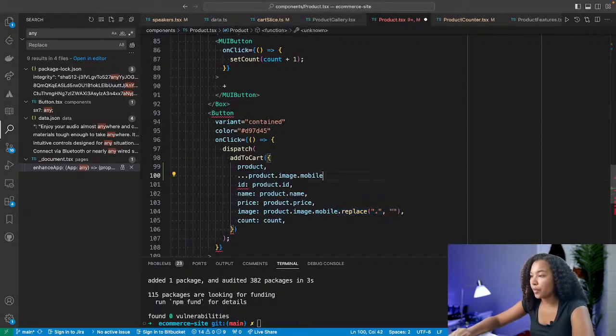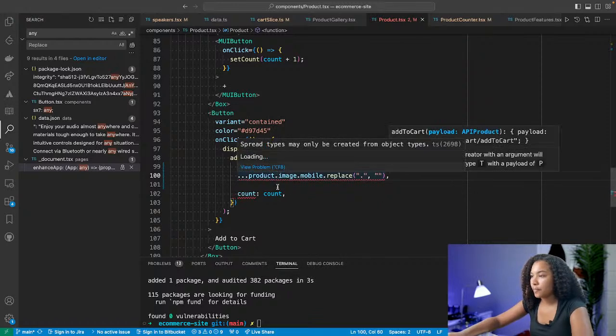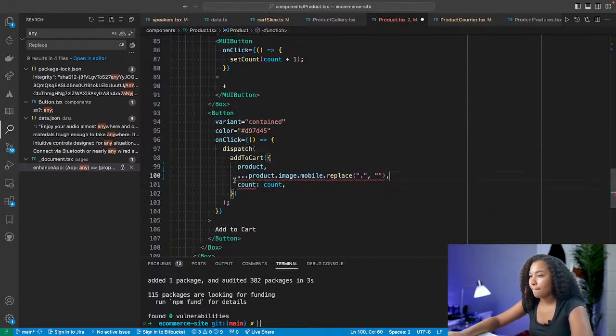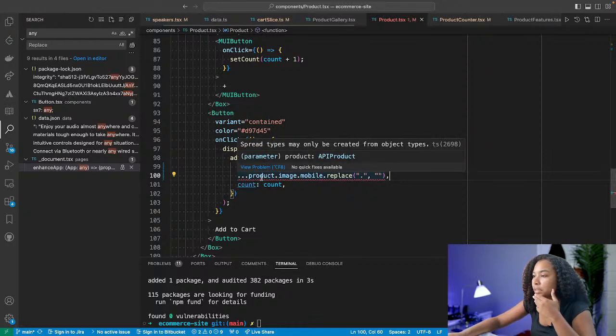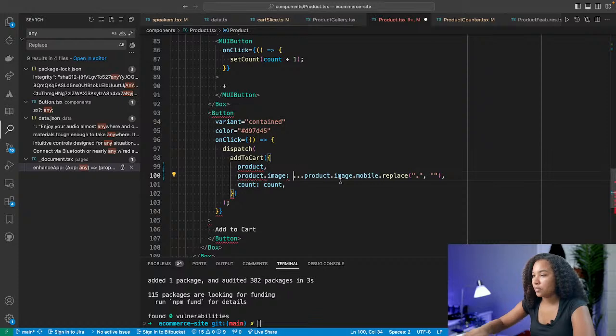So that would just overwrite it. We got rid of these. Let that work, and then comma. Spread types may only be created from object types, fair enough. So we could say image is